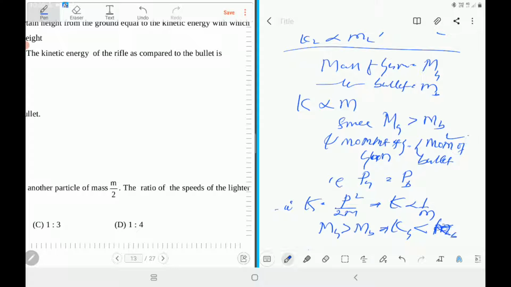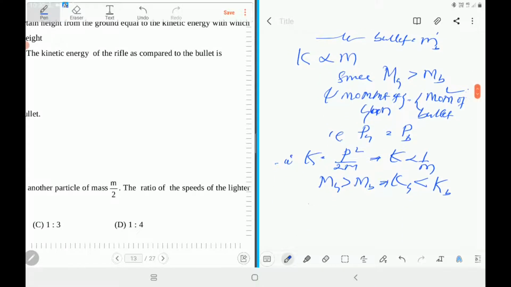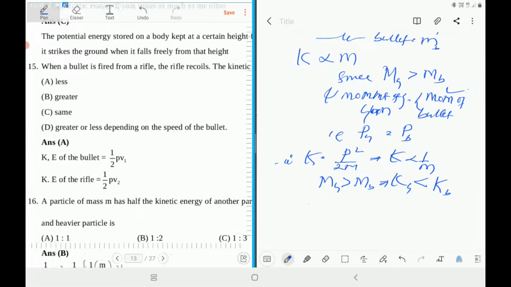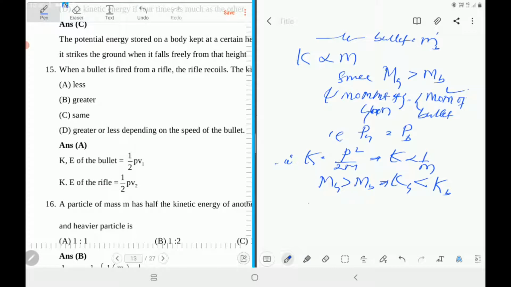It's quite obvious, natural to think, it's common sense. The bullet moves very fast, so kinetic energy is very high compared to that of the gun, but momentum remains the same. The gun recoils with less velocity, common sense. We have to analyze this way, but it's just a bit of common sense idea, you can easily understand. It's very simple. 15th,